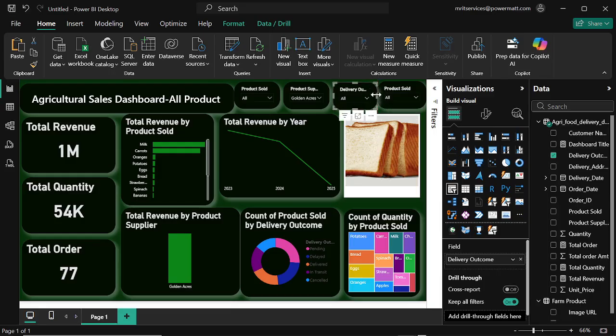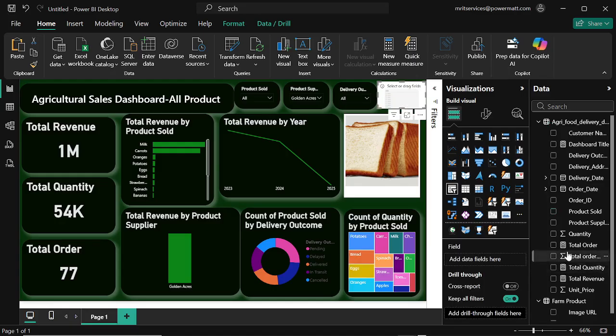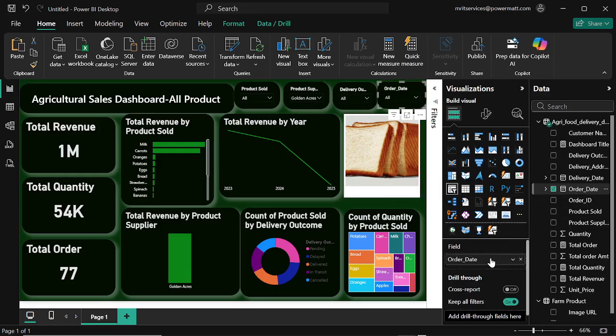So that it will be fitting. So it can fit very well. Okay. So I'm going to be removing this product sold. Then I'm going to be adding what? Order date. Okay. I'm going to be adding order date. And in order date, I'll be removing